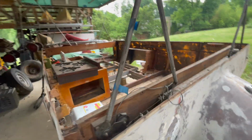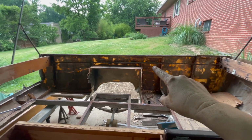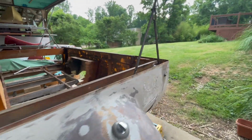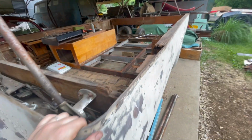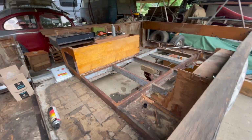And another thing we noticed, if you come over here, can't see it real well right now, the sun coming through. The bar that actually lifts the arm kind of goes. That's because this board over here is completely rotted to the point it's not even sitting in the proper place. See if I can move it without dumping the trailer. I'm moving the whole thing. So the trailer is super tippy right now. Don't have any wheels on it. I do have a couple jack stands and a jack in the middle,